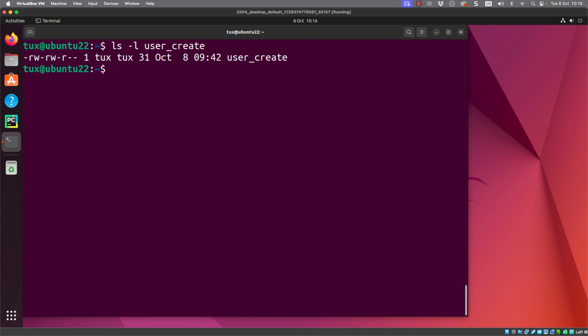However, we have to use that interpreter. Now, if the idea of calling it user_create was to obscure the type of file it is, it seems very strange that we have to open it in bash, because after all, it's then giving that information to the users. They have to use the bash command to open up our script.